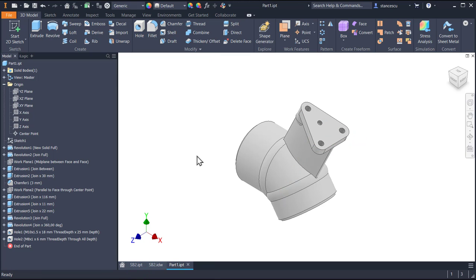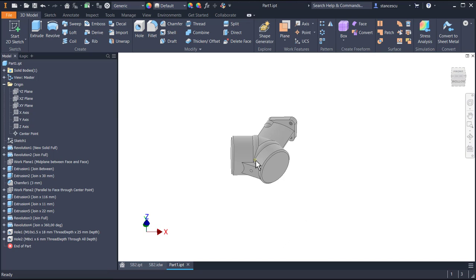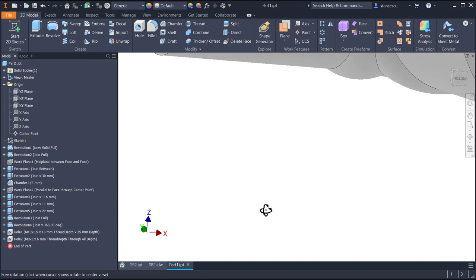Okay, now there is a hole also here in the rib. Yes,